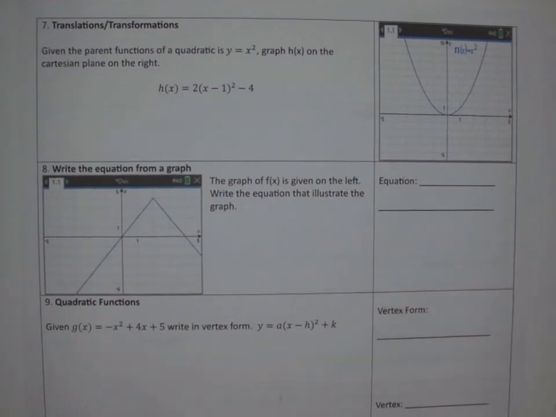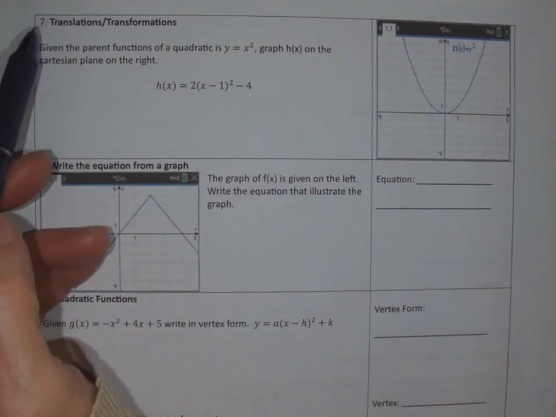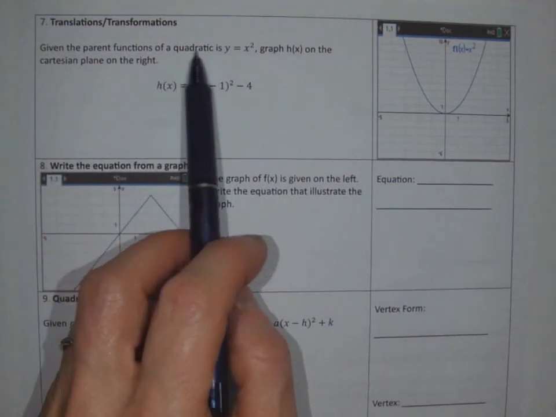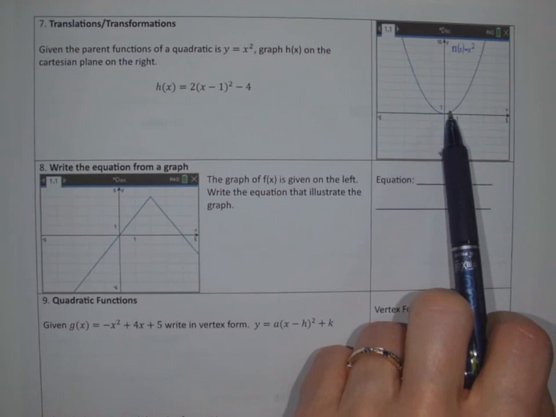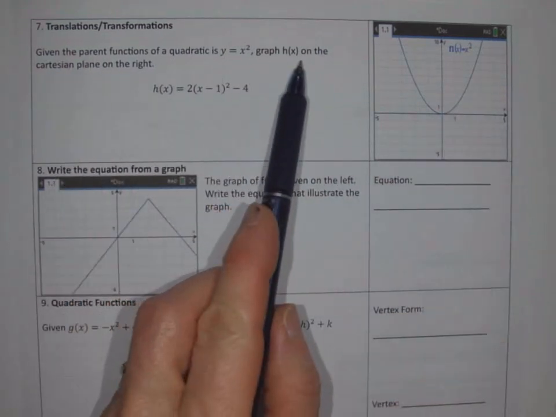Alright, so example problem number 7. We are given the parent function of a quadratic, y equals x squared. So here is your graph of the quadratic parent function. And we are told that,